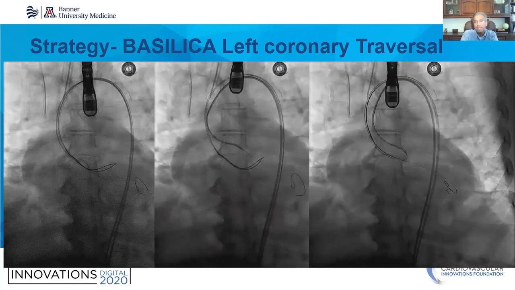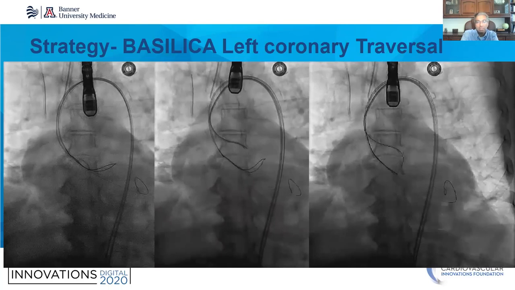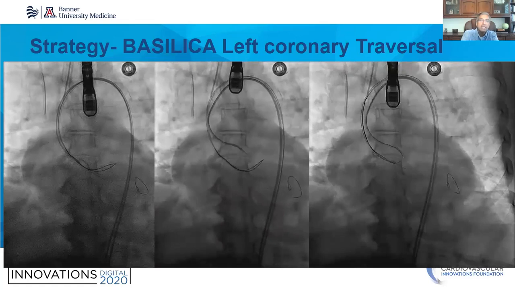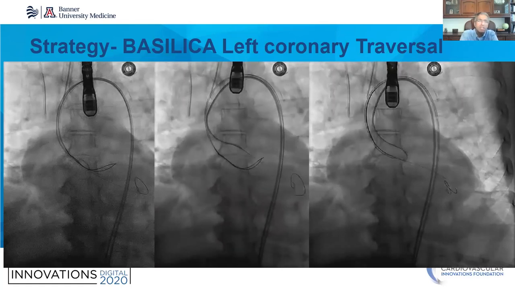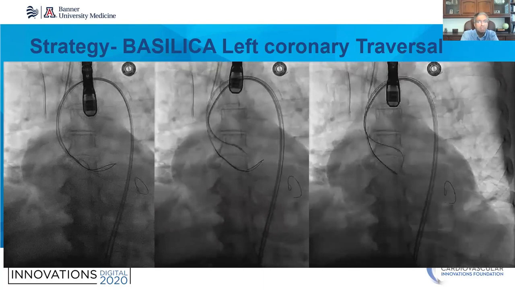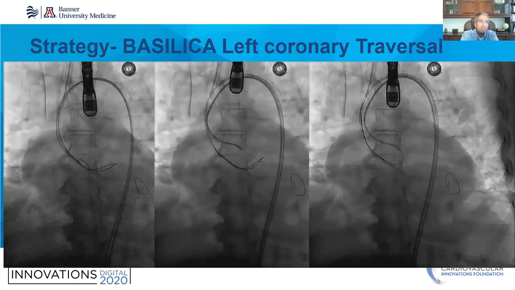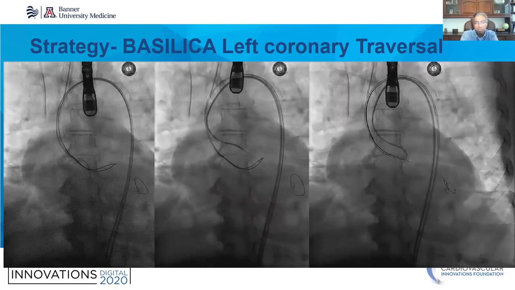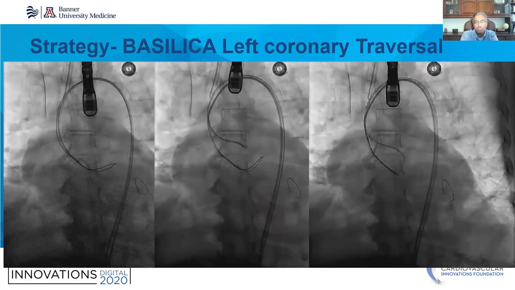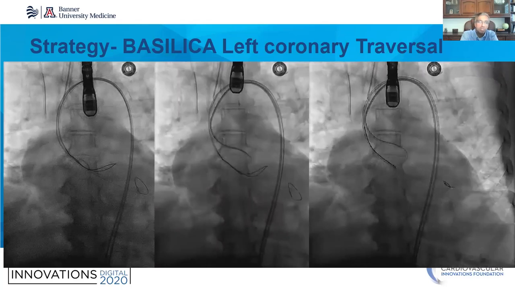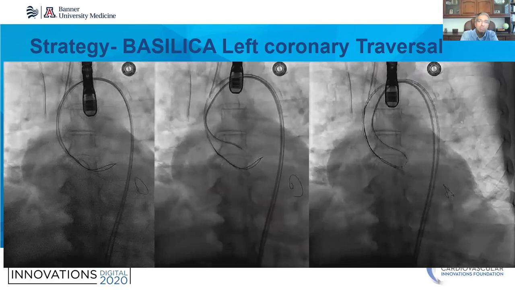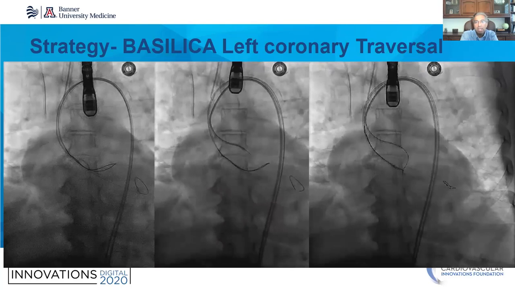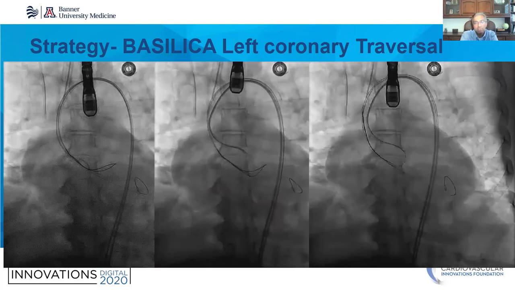We put that on the right side and a couple of 6 French sheaths and an artery and vein on the left side. We initially were using a pigtail catheter, but because of the size of the aortic root, it just was too large. And so we chose an AL2 here, and on imaging, we're able to line the AL2 catheter underneath the left coronary cusp at the base of the leaflet,